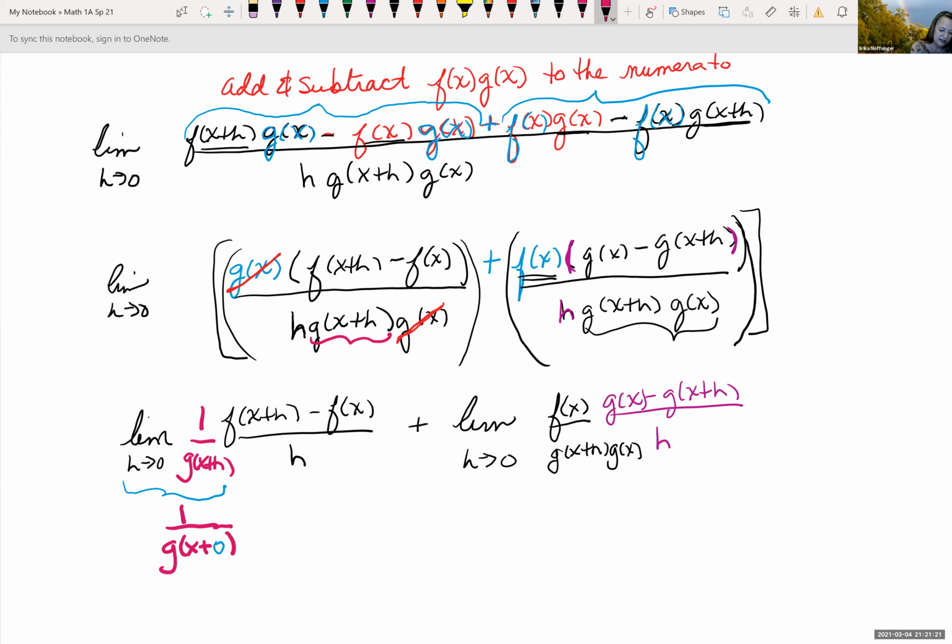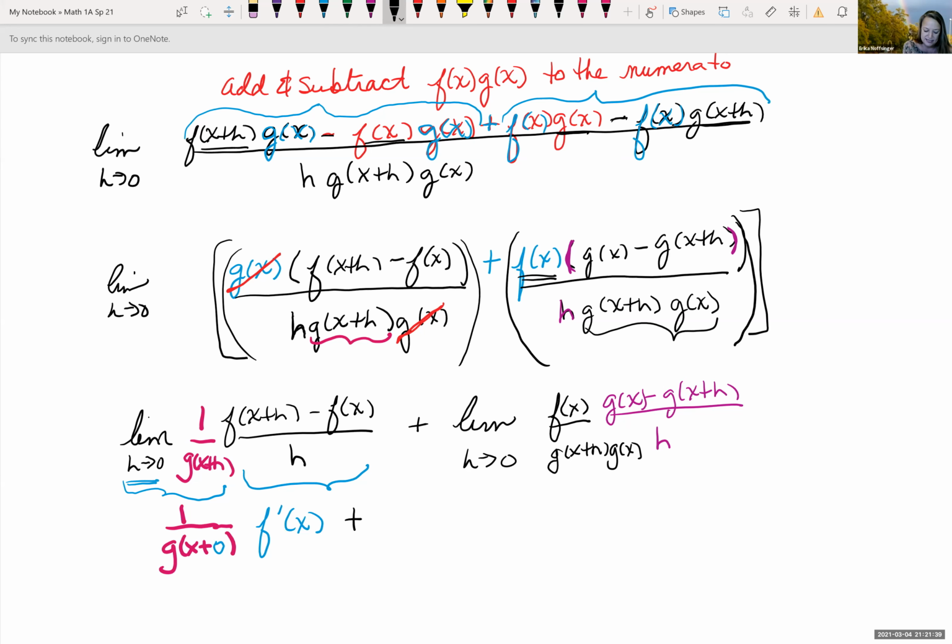And then this limit of f of x plus h minus f of x all over h, that right there, that's by definition f prime of x, plus,